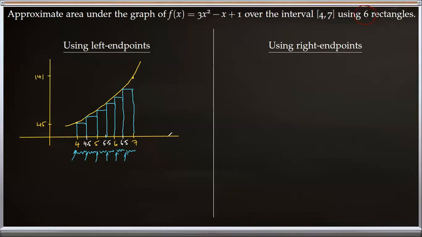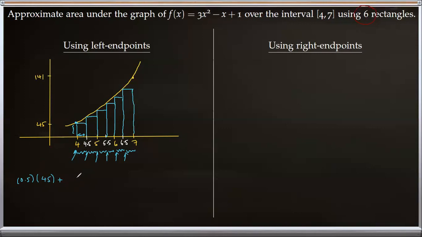So we need to find the area of these 6 rectangles and add them up. That will give us the approximate area under the curve. For the first subinterval, the width is this length here from 4 to 4.5, and that is definitely 0.5, times the height, which will be given by this length. So this is the y value at 4, which we found to be 45, plus,